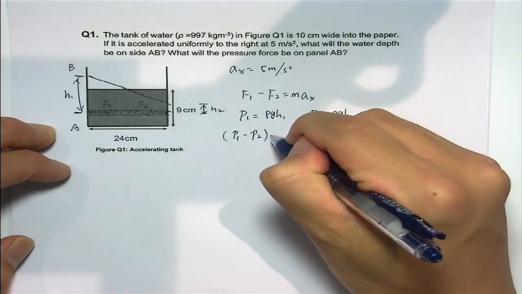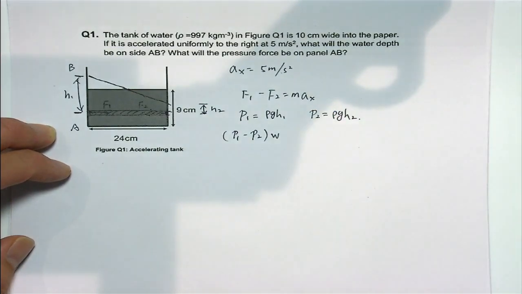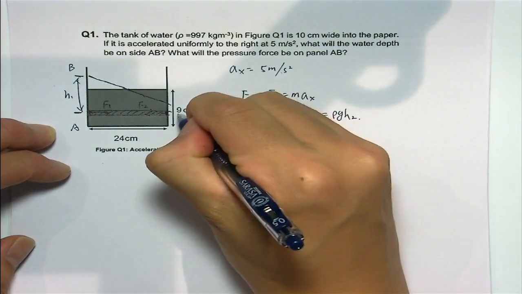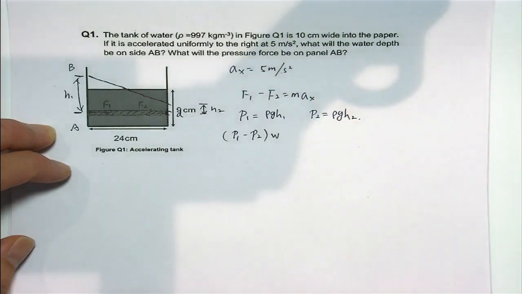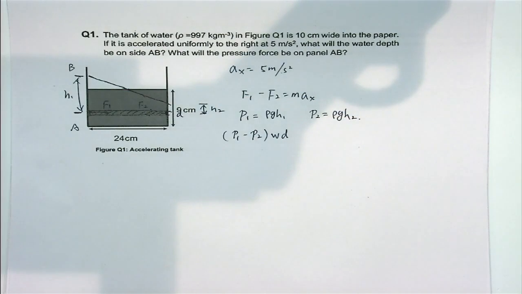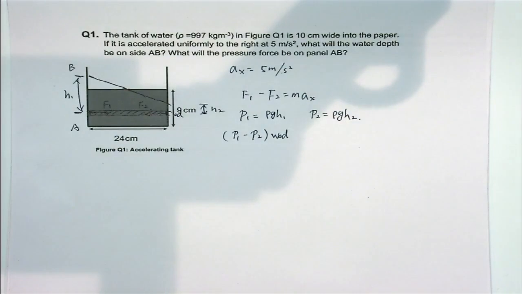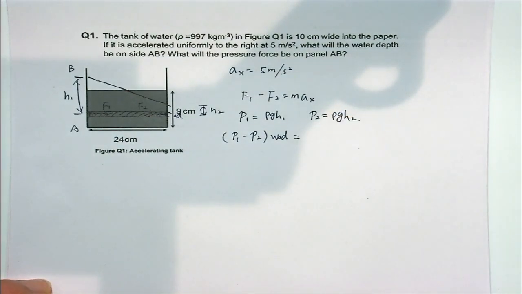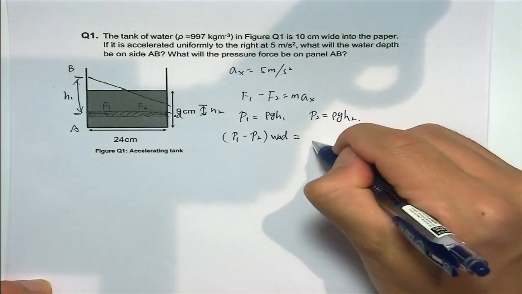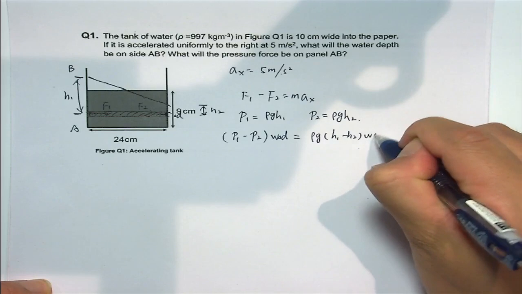The area is, for example, W for width into the paper, and the length, oh, that's not H, so that one we suppose is D, the length of the very small delta D, which is equal to rho g (h1 minus h2) W delta D,